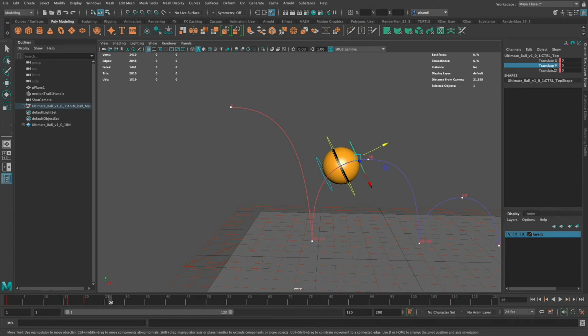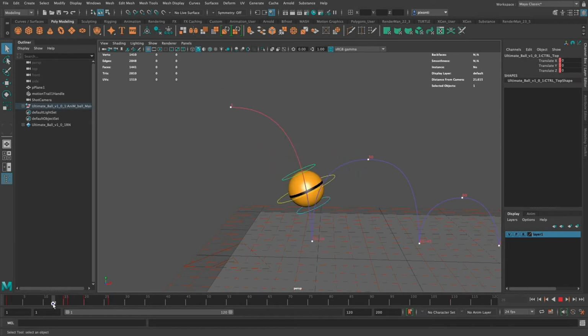Select the translate Y, press S on the keyboard. Again, if I don't have any of these selected, if none of those selected, it's going to key everything. But I'm just choosing what I want to have it keyed, so I don't mess up any other keys. So now you can see it falls, squashes, stretches, returns back to normal, and then starts to rotate back, and